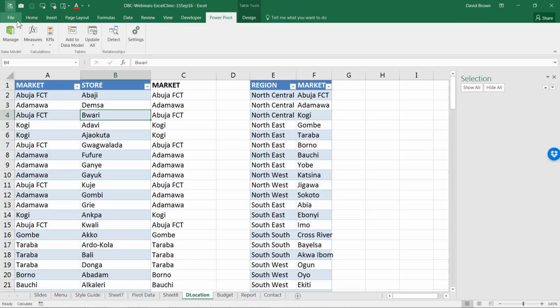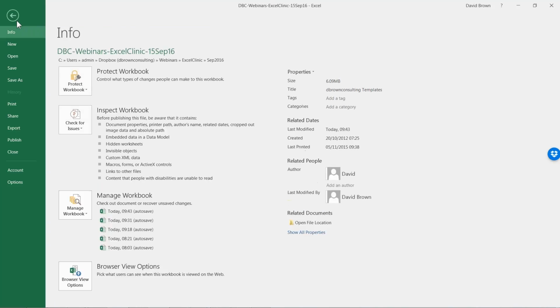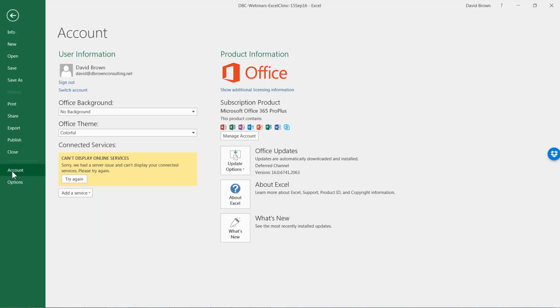What I would like everyone to do in Excel is go to File. If you go to File, you would see Account, and you can check what version of Excel you have. If you're using 2013, you need to have a version called Professional Plus. So in here, you would read Microsoft Office Excel Professional Plus. If you don't have Professional Plus, unfortunately, you don't have Power Pivot.